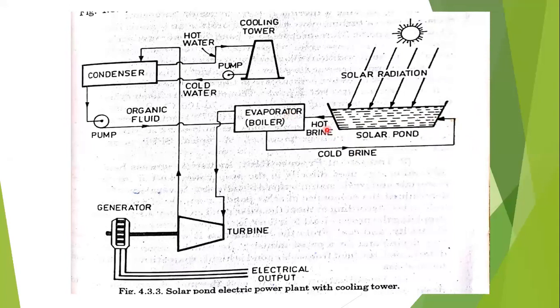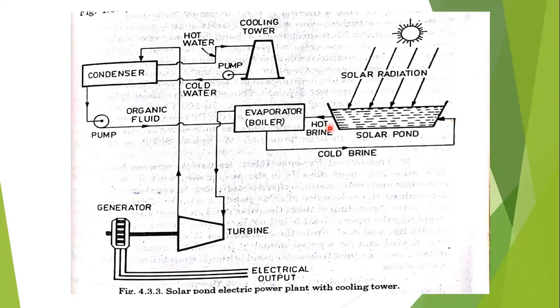So for small or model ponds, heat exchangers are used. These consist of pipes which are placed in the hot lower layers, but they increase the installation cost, and there are continued pumping losses associated with the heat transfer fluid. These types of tubes increase the heat losses, and moreover they increase the cost.